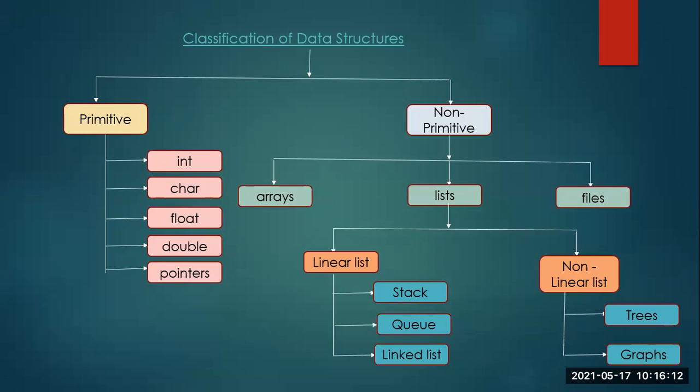So they are going to be continuous, like A, B, C, D, or 1, 2, 3, 4. See, I'm not talking about the order here. They could also be 4, 2, 1, 0, but they are one behind another in a line. So that is what is called a linear list. In linear list you study three types: stack, queue, and linked list. Let us move to the first one, which is stack.